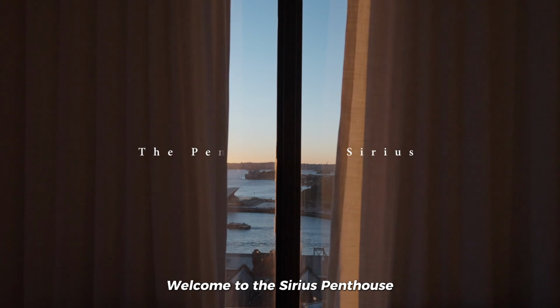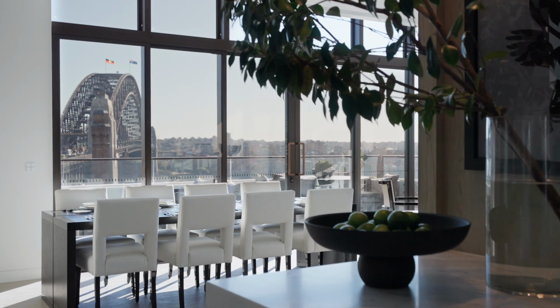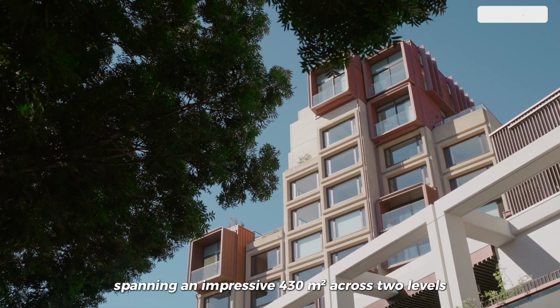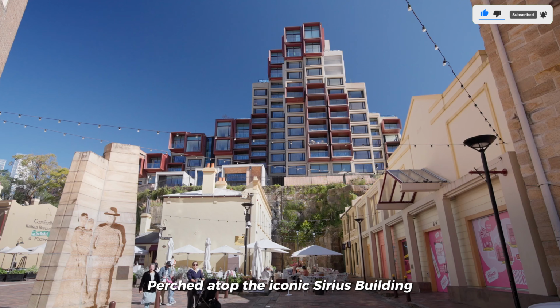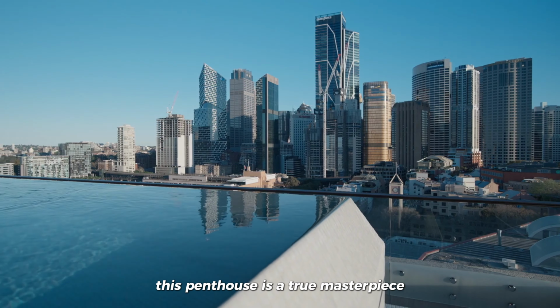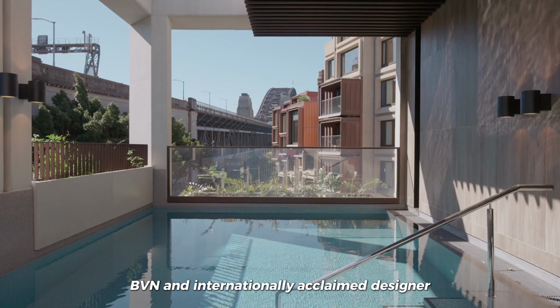Welcome to the Sirius Penthouse, the pinnacle of luxury living in Sydney. Spanning an impressive 430 square metres across 2 levels, this residence offers a masterclass in contemporary design and unrivaled harbour views. Perched atop the iconic Sirius building, this penthouse is a true masterpiece, crafted by renowned architect BVN and internationally